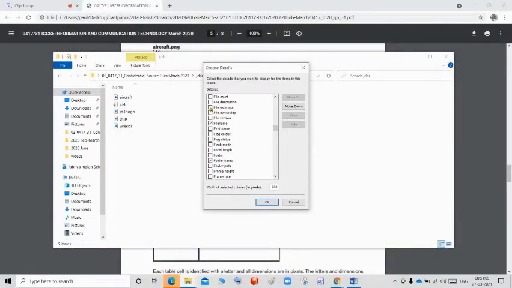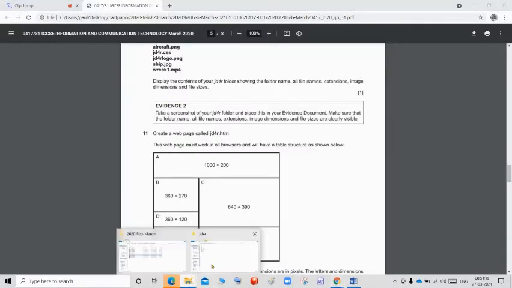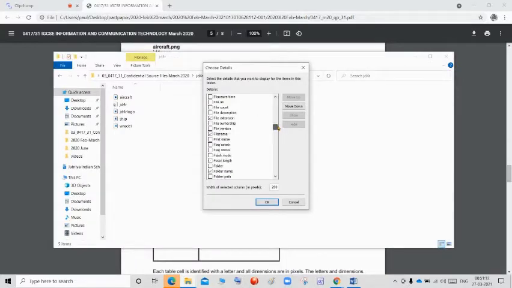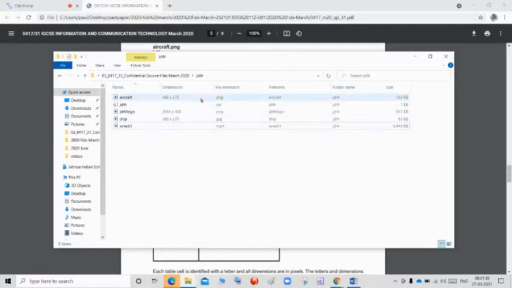File extension is there. Click. Next, image dimension and file size. Image dimension will be as Dimension, and the file size will be as Size. And click OK. So now we got all these things.